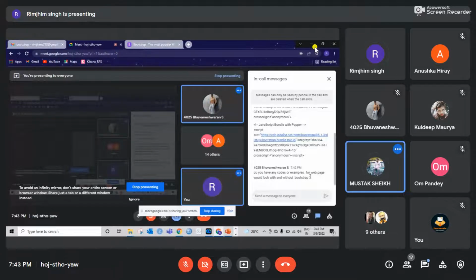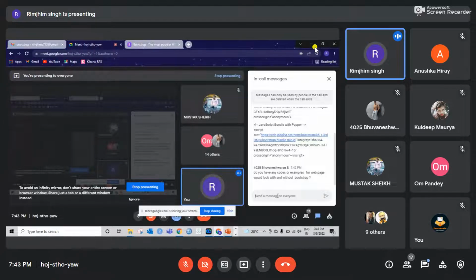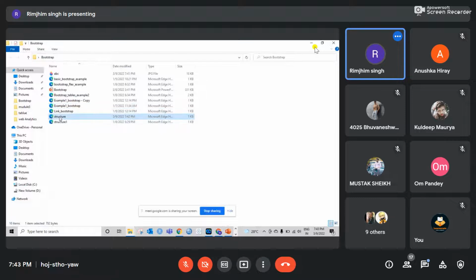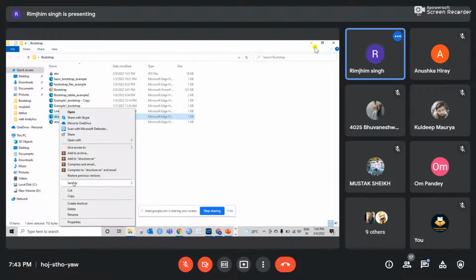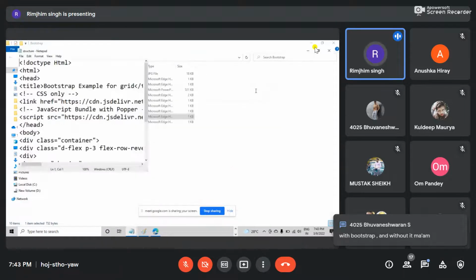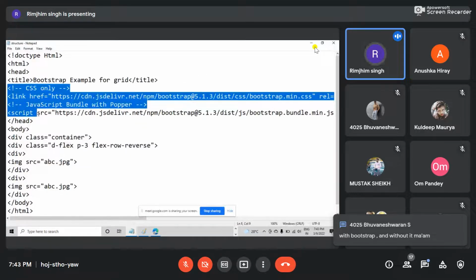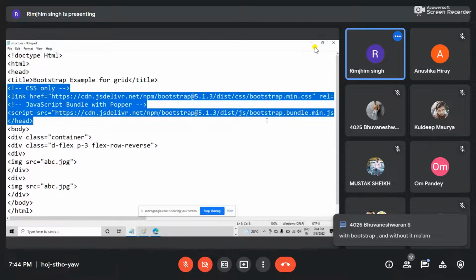Yes, ma'am. Okay, do you have any code or examples of what a web page would look like without Bootstrap? Okay, so what you can do is write a normal HTML program without using it. Okay, let's just do it. This is my structure, right? Open with, where is open with? So what will happen is if I just remove these things,